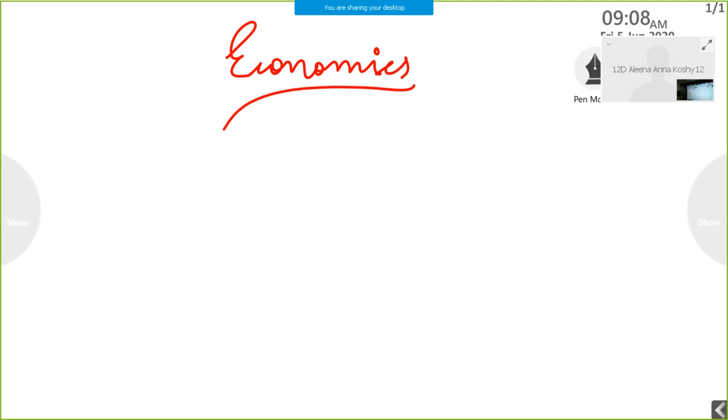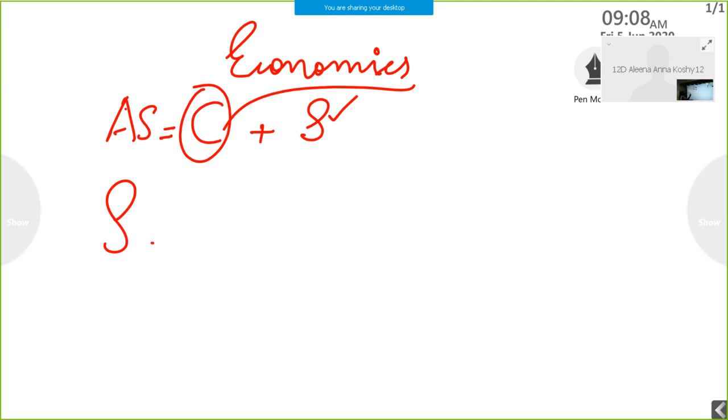Okay, yesterday we studied how we can prepare aggregate supply schedule and supply curve. So what are the components of aggregate supply? Components are consumption, expenditure and saving. Then what is saving? Consumption, expenditure already we have completed. The next topic, saving. Saving is a part of income. So saving we can find out using the formula Y minus C.